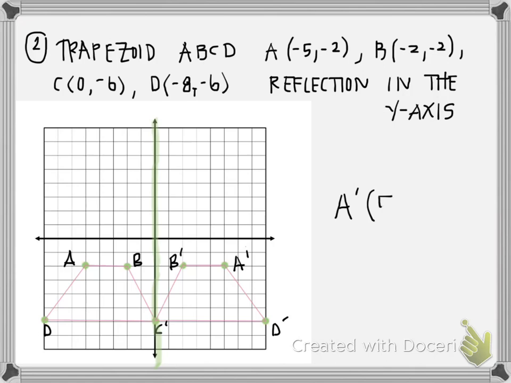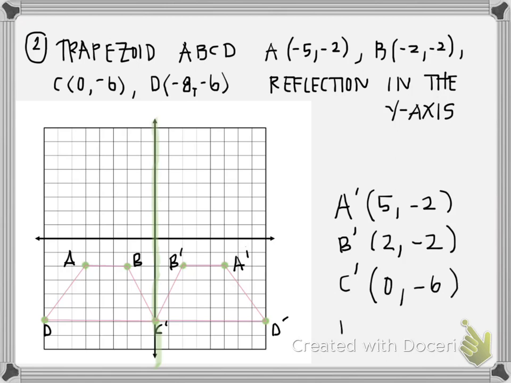Okay, 5, -2. B prime is going to be at 2, -2. C prime is still going to be the same at 0, -6. And D prime is going to be 8,